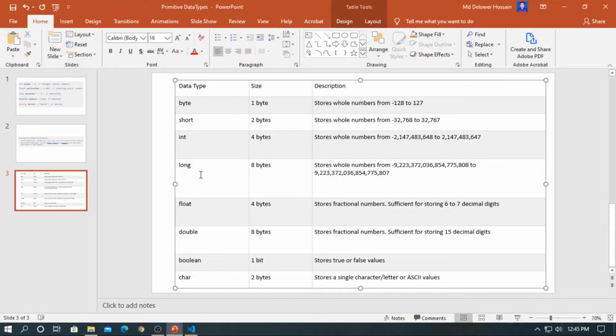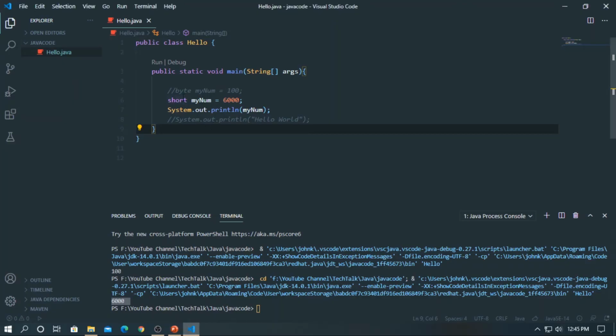Next one is integer. In general and in our tutorial, the integer data type is the preferred data type when we create variables with a numeric value. Let's create an integer.